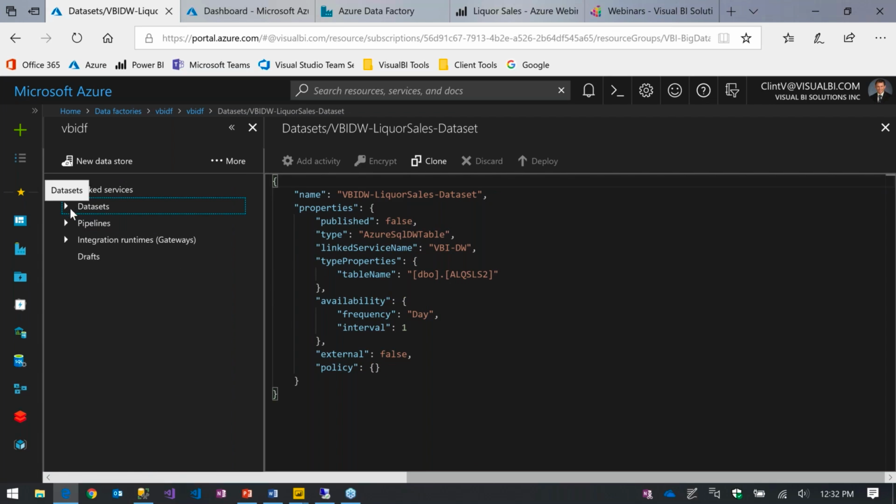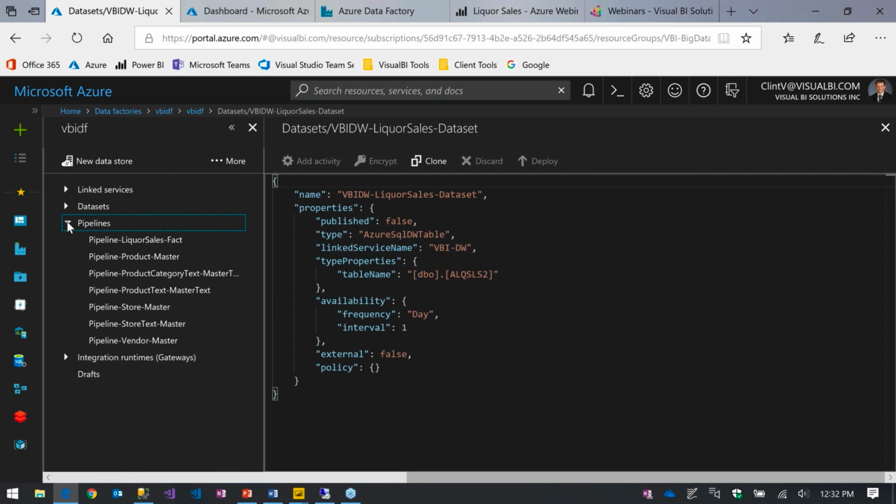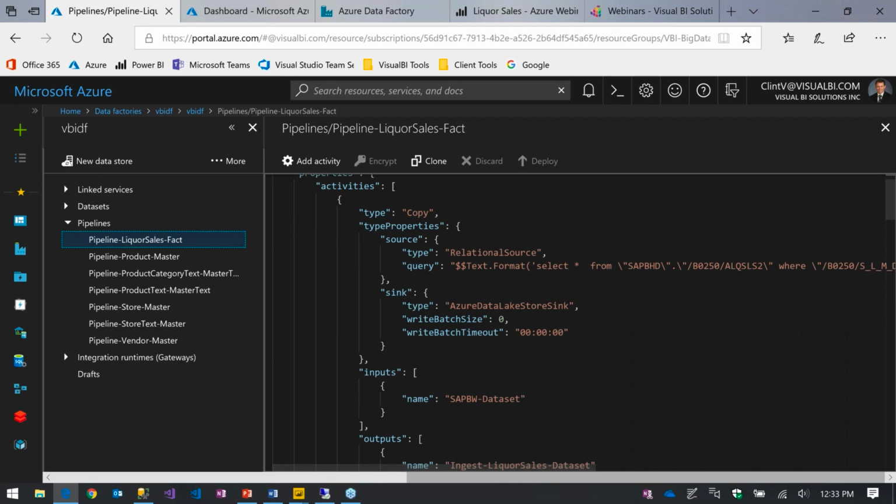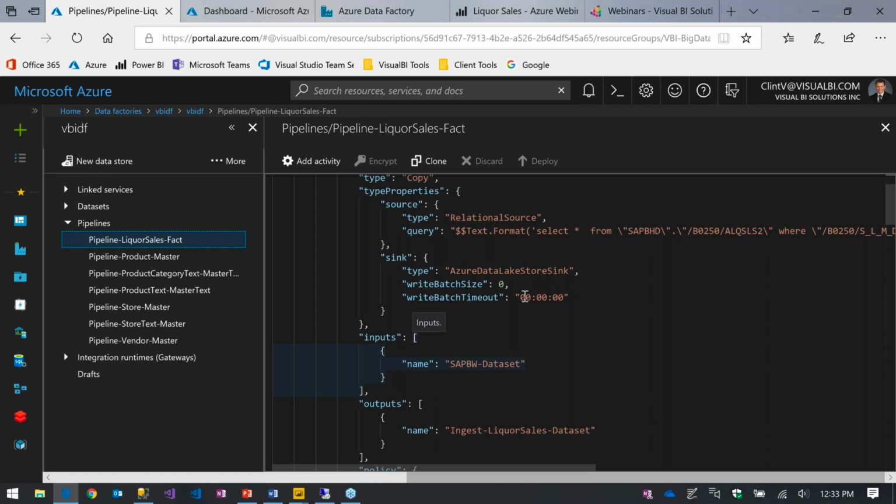All right, very quickly, those data sets are involved in pipelines. Pipelines are the topmost structure in our data factory. I have a pipeline here for liquor sales. It's going to define many activities or actions inside of there. Our very first activity that you can see here is a copy activity. It's going to run sequentially. It's going to take that data out of BW and put it into our ingest folder. We've defined a source and a sink, a source and a destination, sink being our destination. Both the source and the sink have an input data set and an output data set. That's how this is coming together.